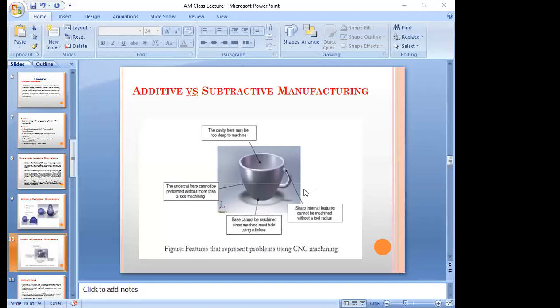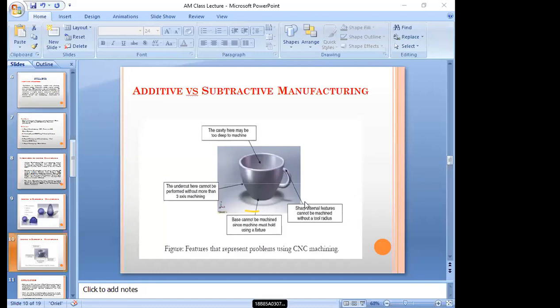So here, this particular cup we are going to fabricate, or develop. The base will be fixed in the machine. We need a separate fixture to develop this particular cup. We can't hold it as we would flat objects. When we machine flat objects, it does not need many fixtures. Here a separate fixture is required, as in traditional manufacturing.